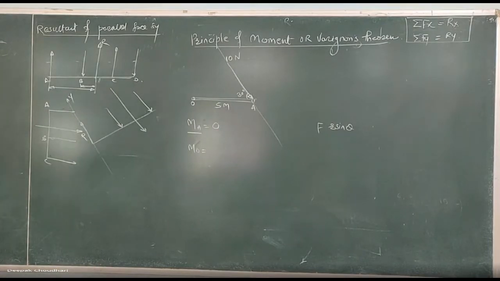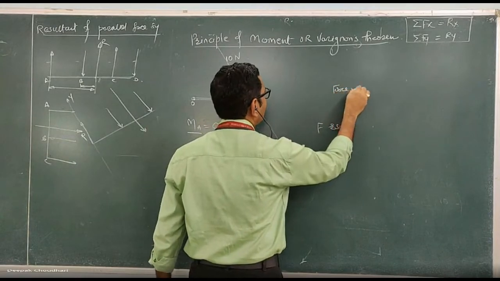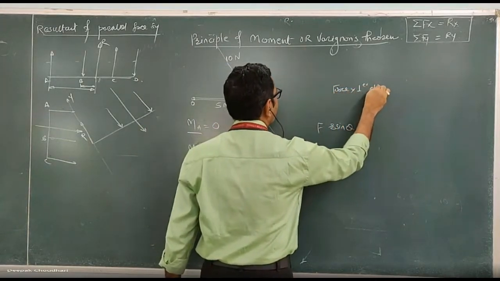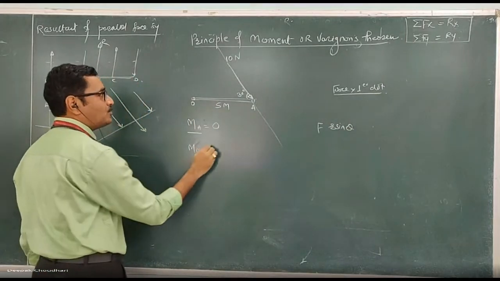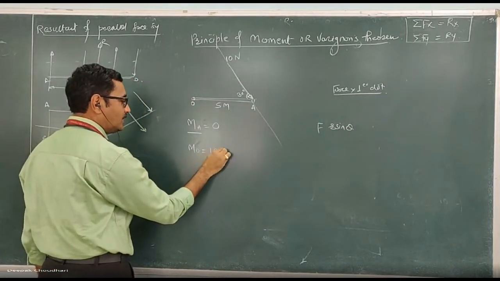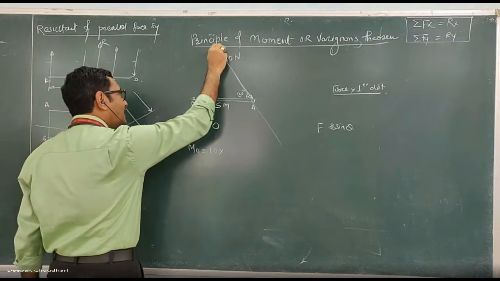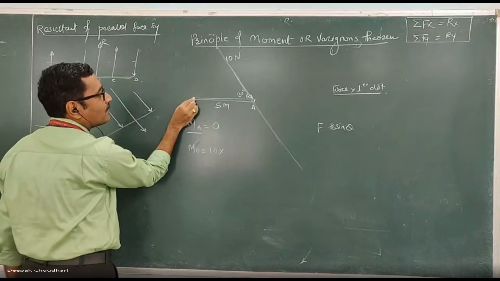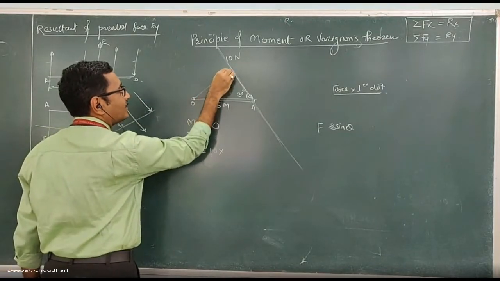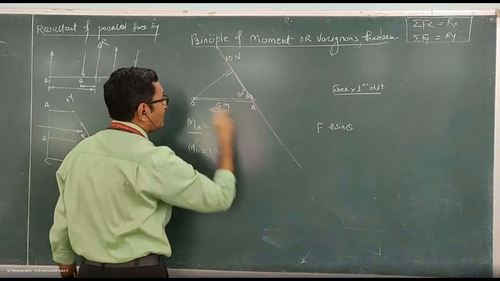Now, according to the definition of the moment, here what I said about the force into perpendicular distance. According to this definition, the moment of the force about point O, if I want to calculate, then the force is 10 Newton into perpendicular distance. Now I told you that to get the perpendicular distance, you have to drop a perpendicular on the line of action of this force from the moment center. So this becomes the perpendicular distance. This is not the perpendicular distance of this force from O.